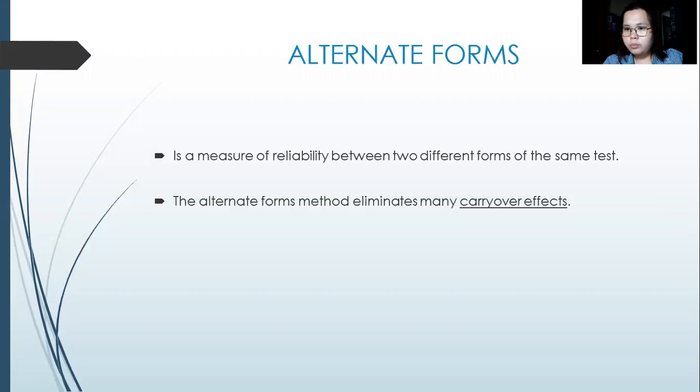For example, ang unang naging issue dun sa paggamit ng test-retest is yung tinatawag na carry-over effect, na kung saan nadadala yung effect ng unang pagsagot dun sa pangalawang pagsagot. Diba sabi kanina, 2 beses ka magsasagot ng test. So may nadadalang problema dun sa pagsagot niya sa dalawa. So medyo nagkakaroon tayo ng issue dun sa reliability.